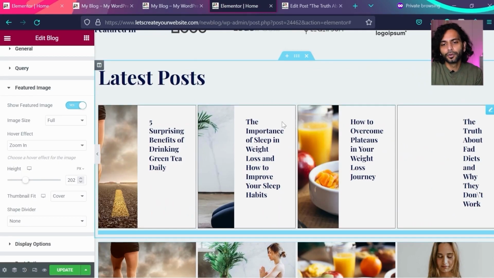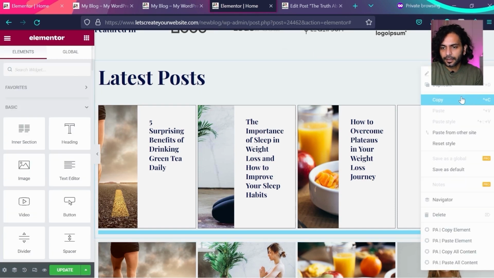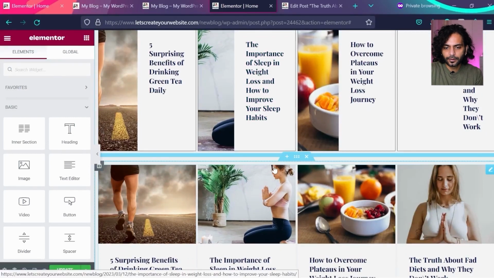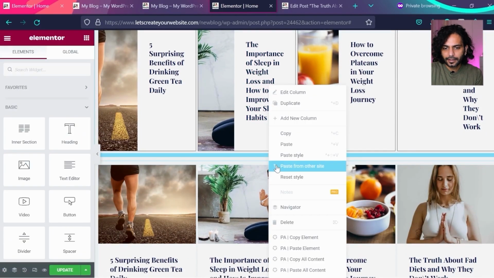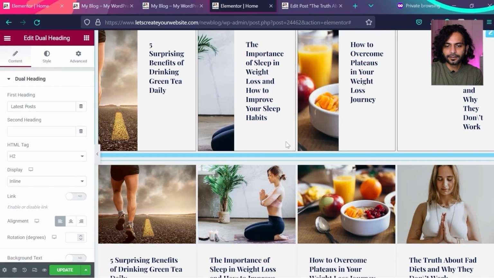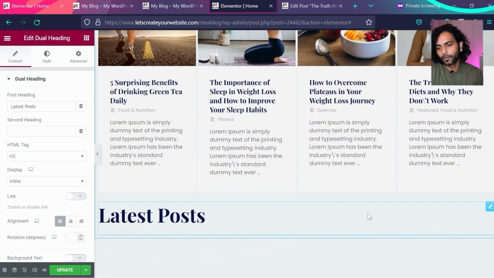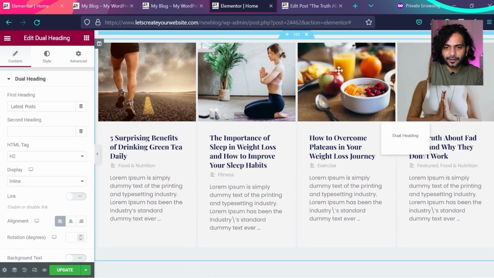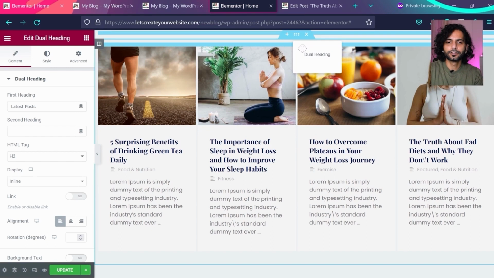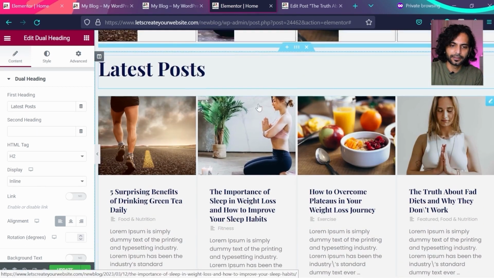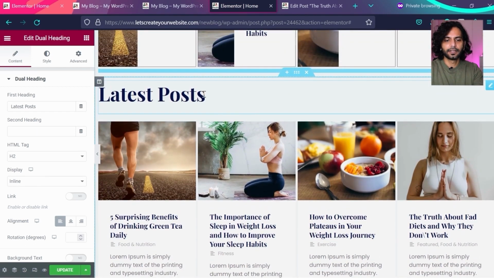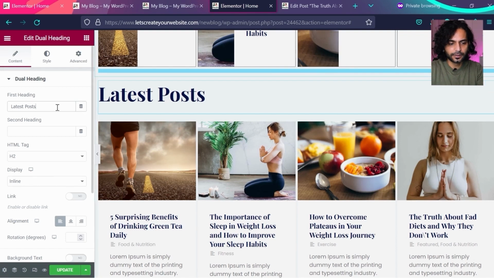And one more thing I want to show you, you can copy and paste a lot of things in Elementor. So I'll right click on this pencil icon and click copy, and then I'll go here, right click and paste. I just copied the heading, and I think it's copied here. So I'll hold this pencil icon, drag it and drop it above this post section. Now you can see we added this heading here, and instead of saying latest post, we'll say